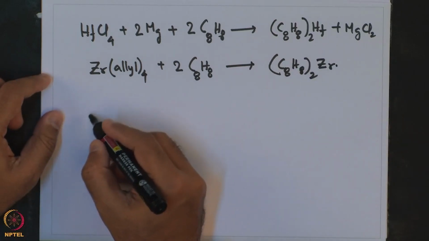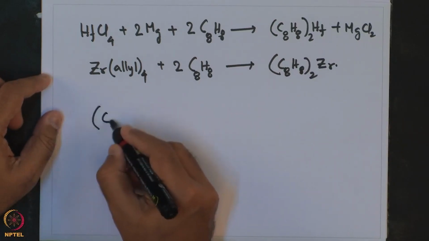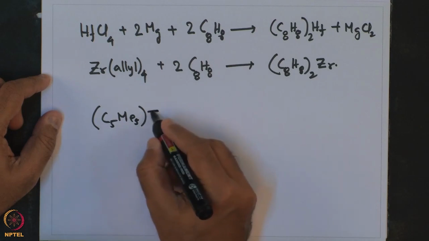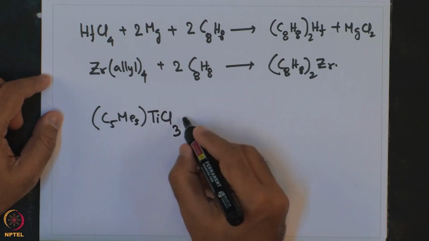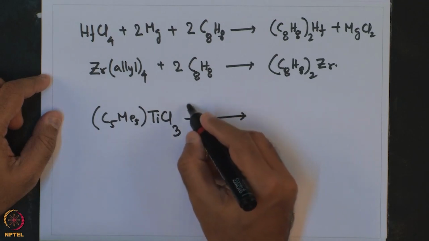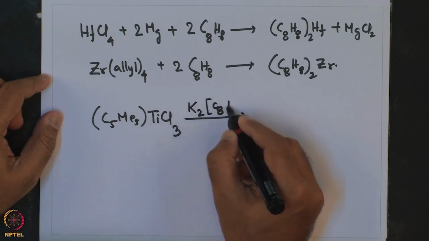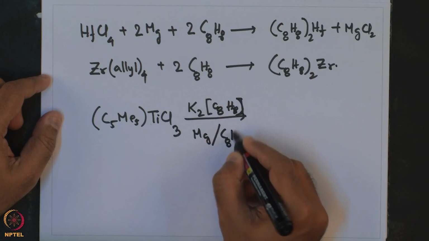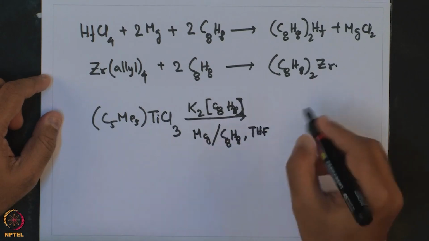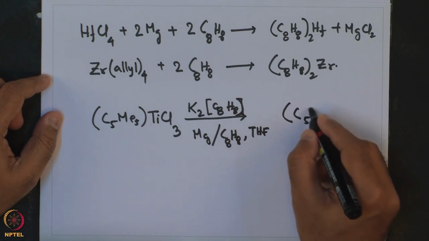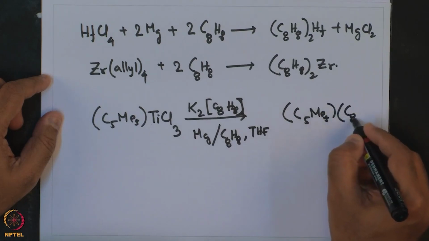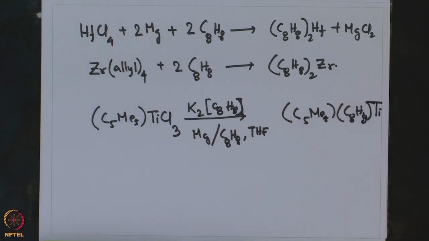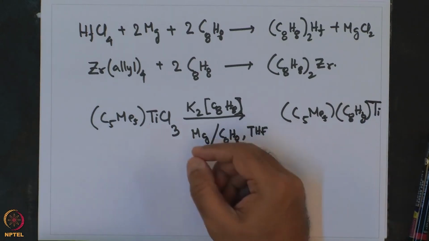And lastly, another example involves Cp star or C5Me5, which is also popularly called the pentamethylcyclopentadienyl ligand, complex of titanium TiCl3 with the dianionic form of the COT, which is K2C8H8, giving magnesium and C8H8 in THF, giving (C5Me5)(C8H8)Ti. Now, one thing to note over here, that in all of these reactions,